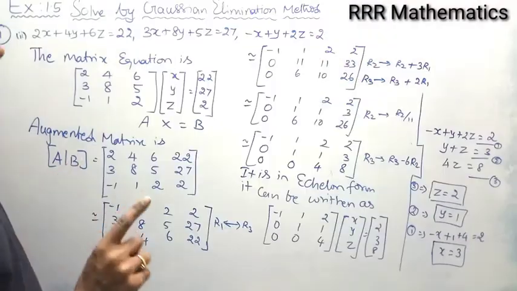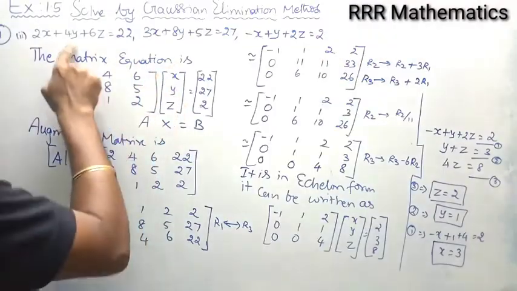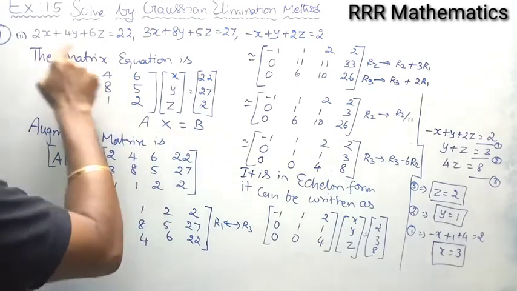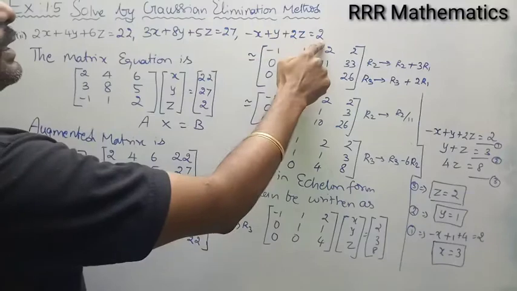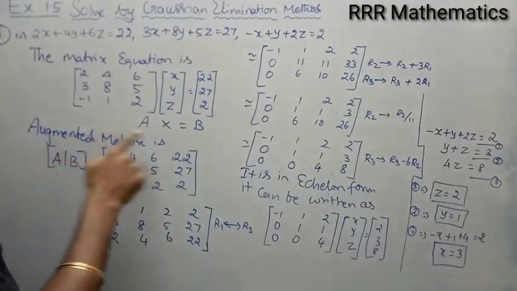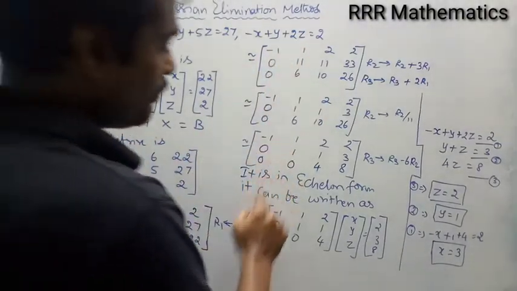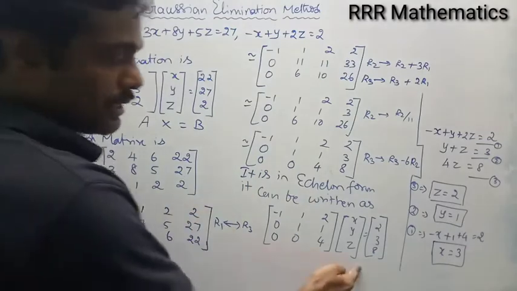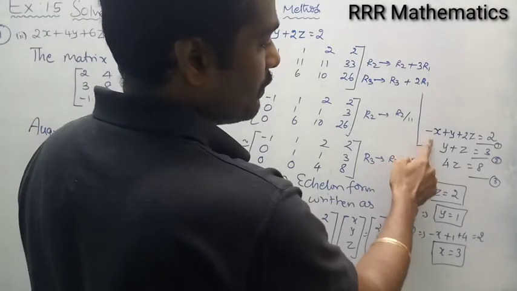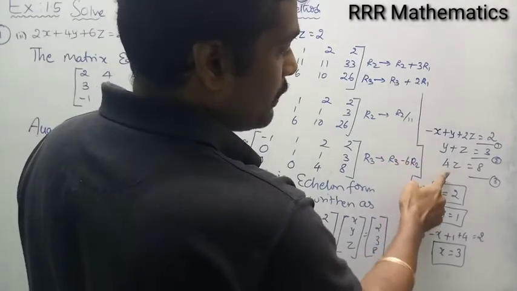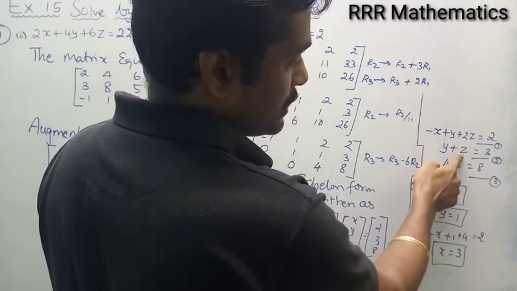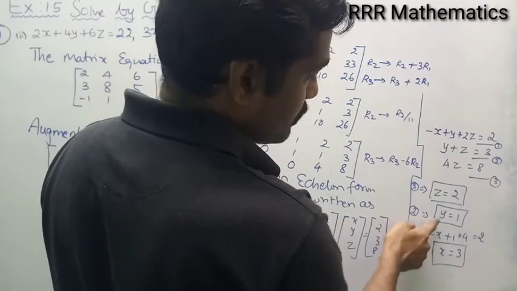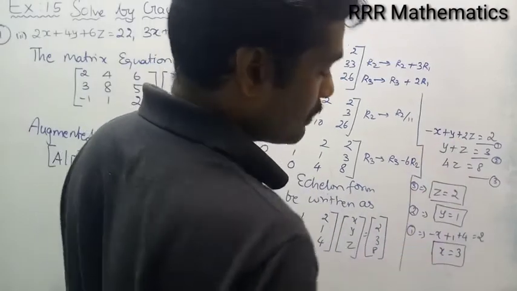Got it? First step, matrix equation is Ax equal to B, where A is the coefficient of x, y, z, x are the variable, B is the constant value that appears on the right hand side of the linear equation. Next, augmented matrix, bring into echelon form. It can be rewritten as Ax equal to B. Multiply, you get 3 variables, 2 variables, 1 variable. From the last equation, equation 3 implies z is 2. When you substitute z equal to 2 here, y gives 1. When you substitute y and z here, the value of x will be 3.